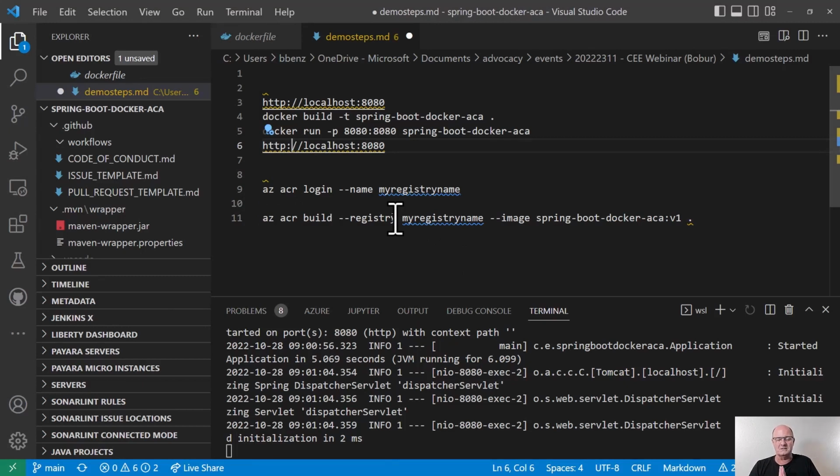So what we're going to do is we're actually going to take this application. We're going to post it to a registry. You can use any registry you want. I'm using Azure Container Registry for my choice, partly because I work for Azure and partly because it's easy for me. It's available. You can use Docker Hub. You can use others.